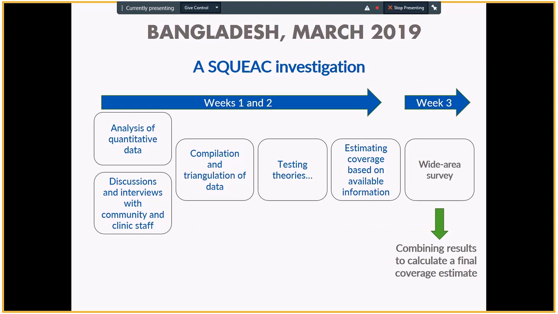But that's just a very quick snapshot of the method, how we set out to do it. And I can talk people through the method in more detail later on, or another time. But it took about 3 weeks, suffice to say, and there was a range of different exercises followed. I had a team of about 35 very efficient data collectors.